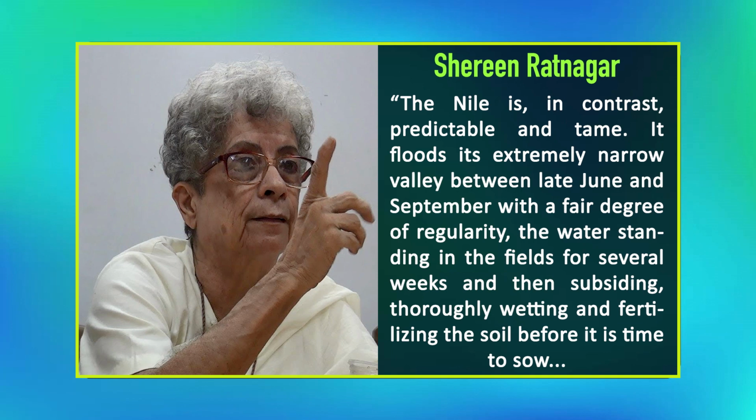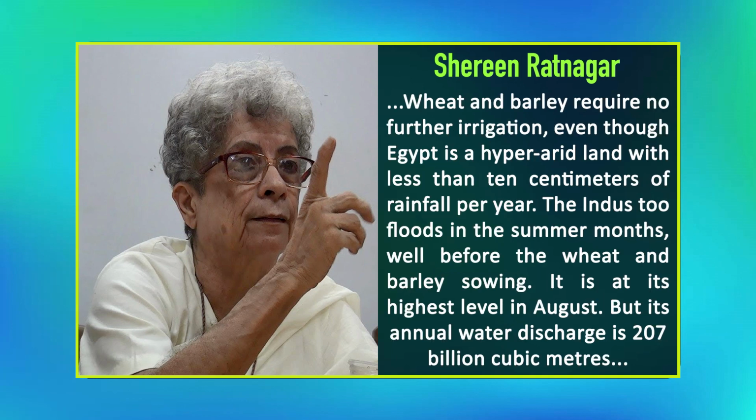It floods its extremely narrow valley between late June and September with a fair degree of regularity, the water standing in the fields for several weeks and then subsiding, thoroughly wetting and fertilizing the soil before it is time to sow. Wheat and barley require no further irrigation, even though Egypt is a hyper-arid land with less than 10 centimeters